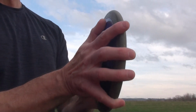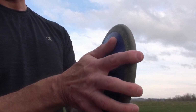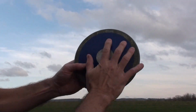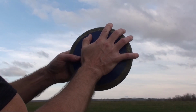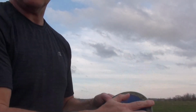Centripetal force will keep it in once we get this moving, gang. That's the important factor here when we're throwing this discus. So don't give up on it. It won't fall out once we get this thing moving. Okay, so we know we have to have it here in the hand throwing the discus. So this is the way I would hold it, and this is what I would advocate is the proper grip throwing the discus. Okay, so now let's go over and show you where our stance is over at the circle